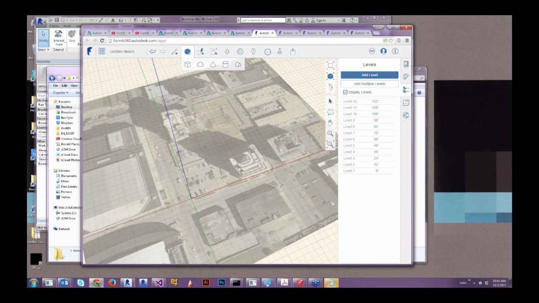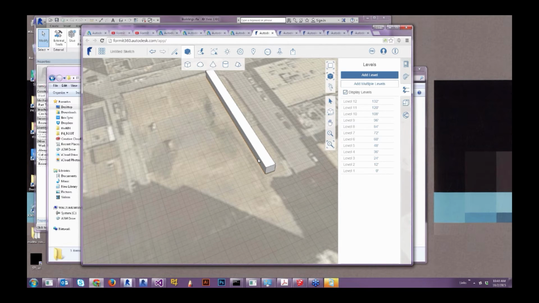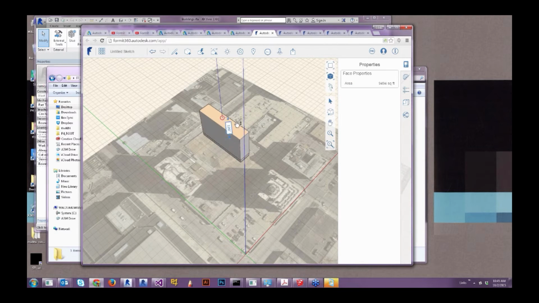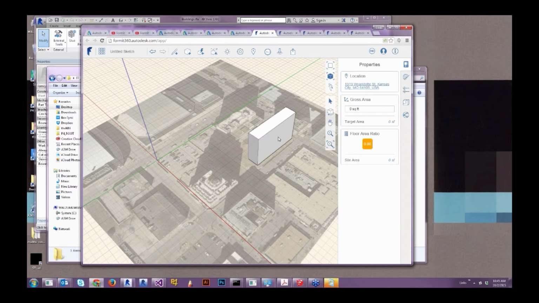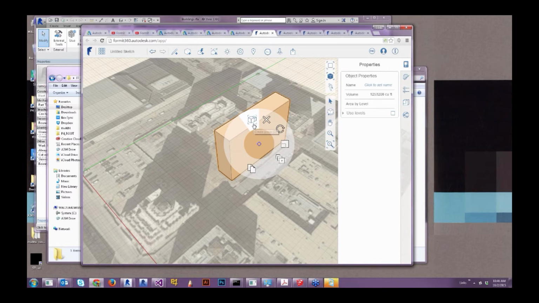So I'll go ahead and create some levels, and then what I want to do is just create a placeholder object, some sort of geometry. This isn't exactly what my project is going to look like, but you can say this is kind of close. So what I wanted to do here is just create a piece of geometry that's about like so, kind of a placeholder. I'll select it, right-click, and choose the group icon.